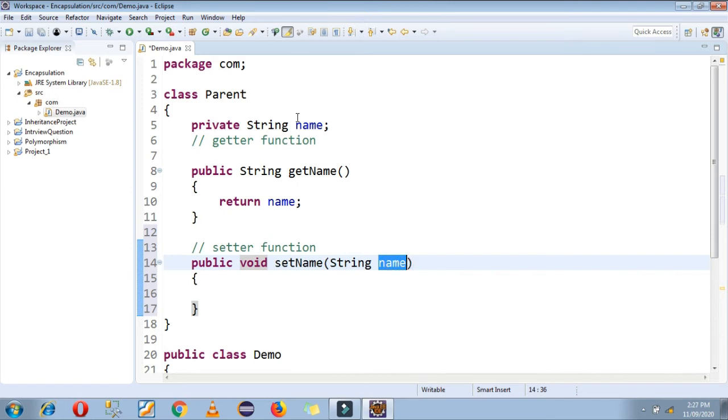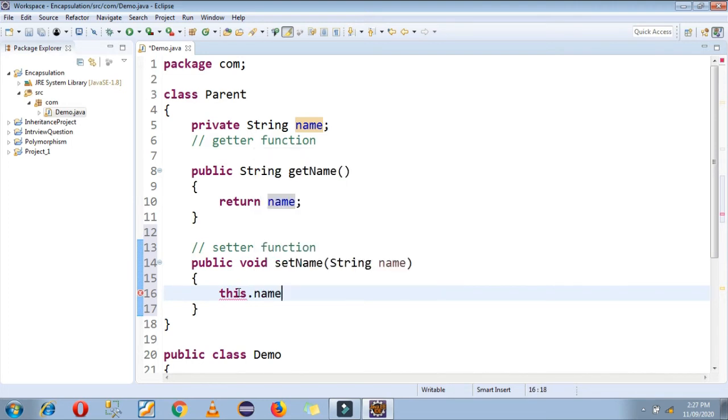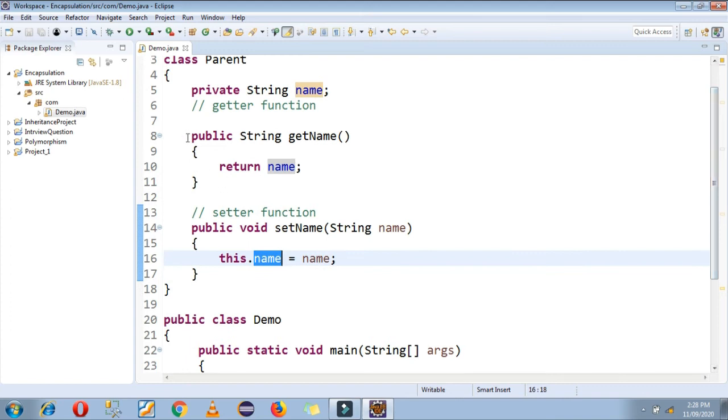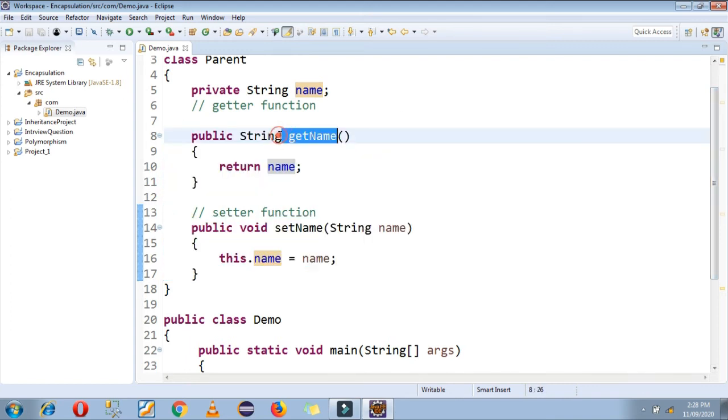So here you can see my local variable name is equal to my instance variable name. So to differentiate between the instance variable and the local variable, we are using the this keyword. The this keyword is used to point to the current object in Java. So this is the syntax of getter function and setter function in Java.